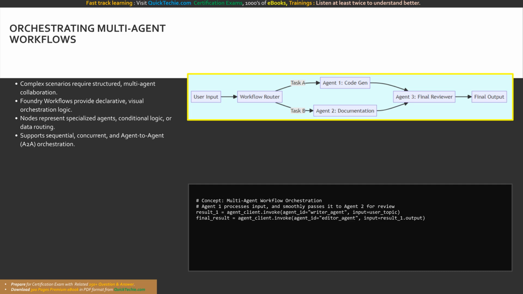This node-based execution map illustrates multi-agent orchestration. A central workflow router divides subtasks among parallel generation agents, which then cleanly filter their results into a final reviewer